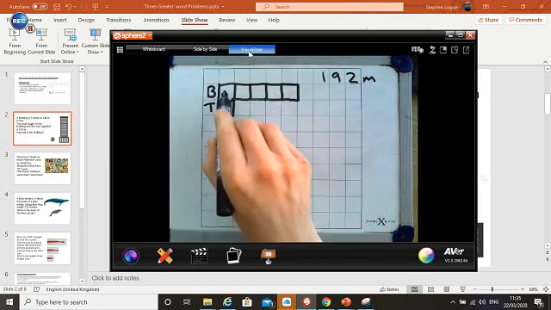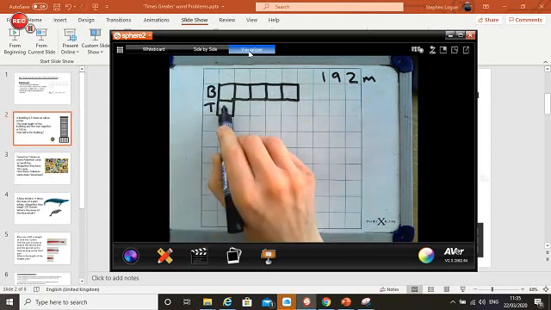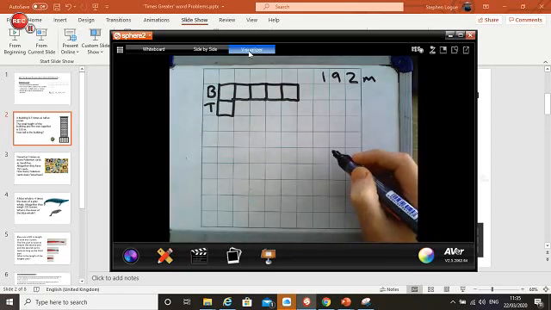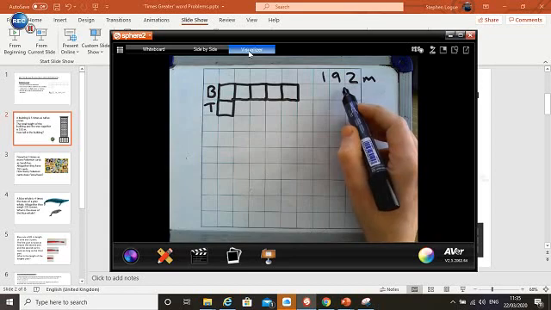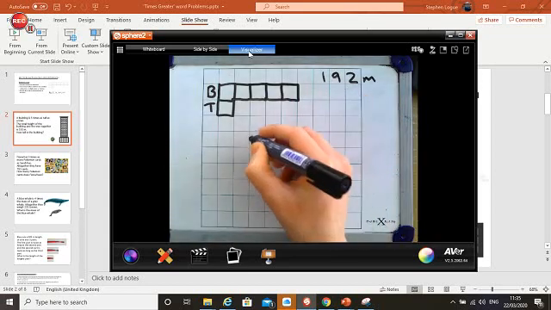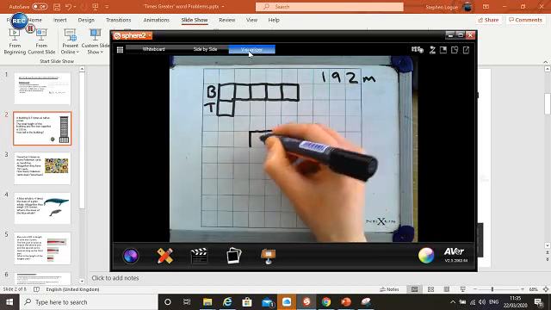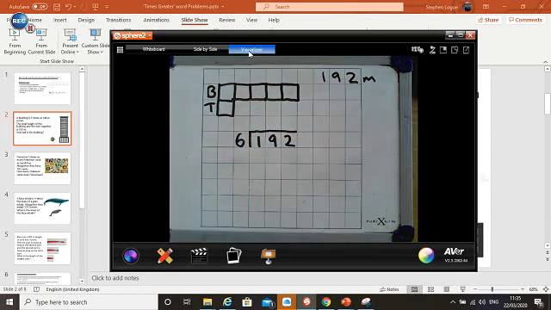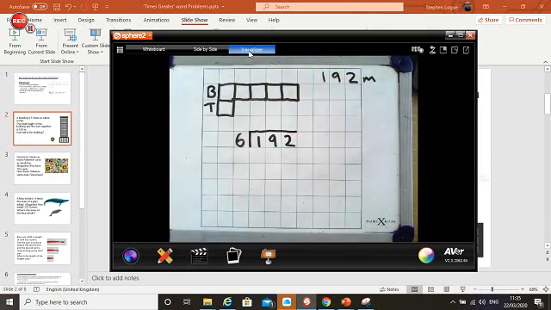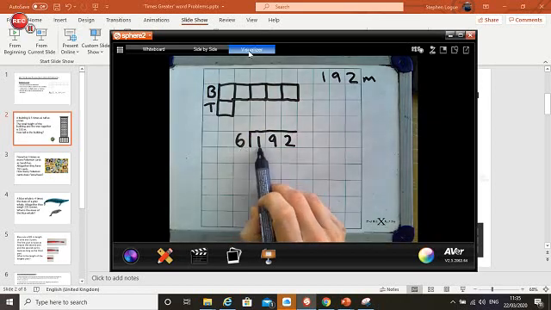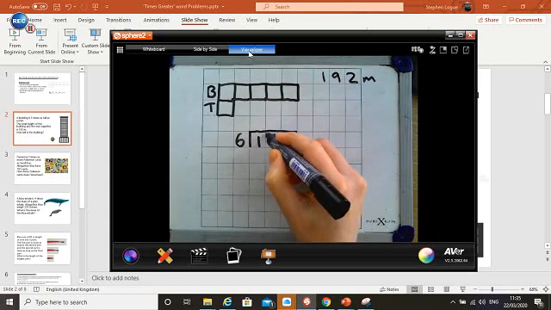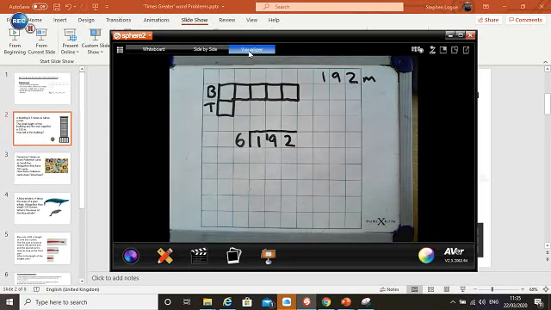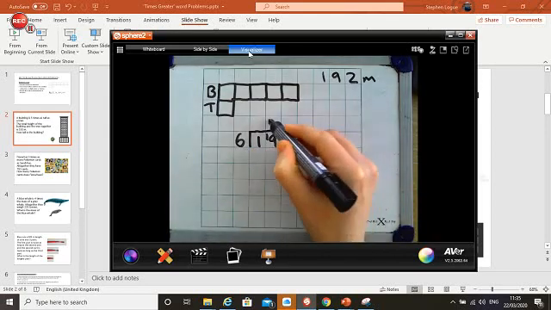Let's do that calculation here. Which times table will help us dividing by 6? Of course, it will be the 6 times table. Let's use our short division algorithm. 6 into 1 we can't do, so we have to move that 1 along next to the 9. Now we've got 6 into 19. Well, 6 times 3 is 18, so we might be able to get 3 in there. 6 times 3 is 18, so there's 1 left over. Let's put that next to the 2. And 6 times 2 is 12, so 12 divided by 6 must be 2. So we have 32. And what that shows us, because we've divided it by the 6 parts, is that in each one of these